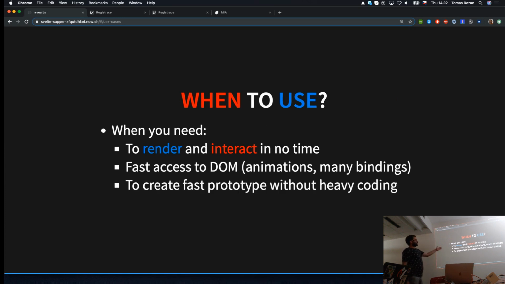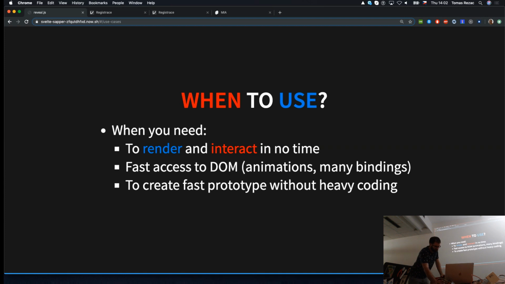You can create a fast prototype without heavy coding, which we actually did in the last design sprint we had, because the customer wanted something that cannot be done as static pages or a static presentation in Keynote or Sketch or Figma or whatever. It just had to be HTML. So we did, and there is no overhead. As you saw, creating a component is actually zero lines of code. It's just the name of the file, and if there is a hello in a div, it's already a component. You don't need to declare anything you don't need.